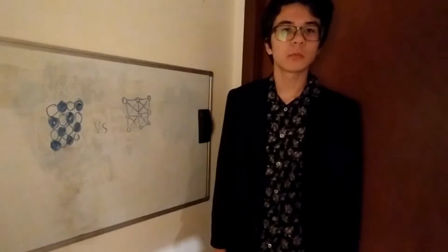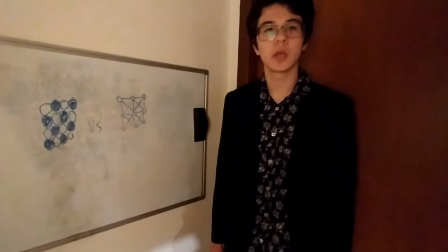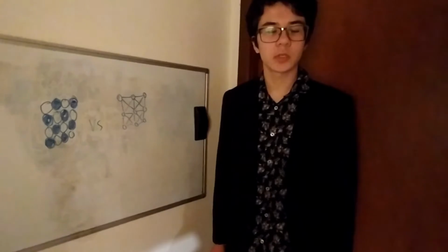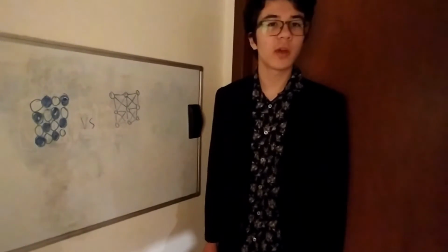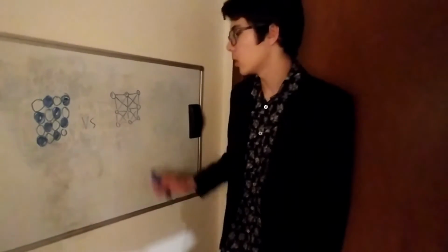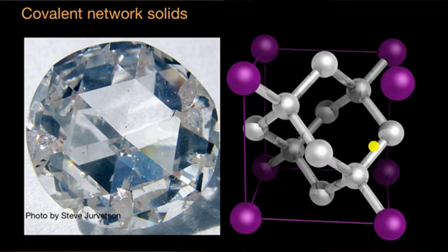Diamond, the strongest material known to humanity, and a great example of the final type of bonding, covalent bonding. Covalent networks and lattices are the hardest and strongest of bonds. Similar to ionic networks, they create a lattice of interconnected atoms. However, there is one crucial difference. Every atom is covalently bonded to each other. These bonds are stronger than ionic bonds, which makes a covalent lattice like diamond extremely durable.